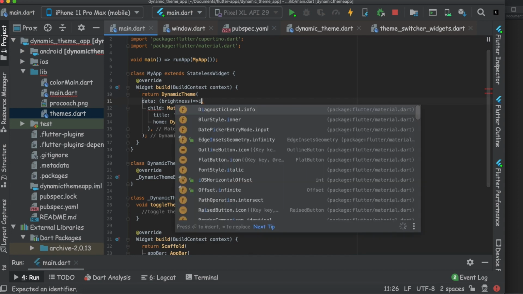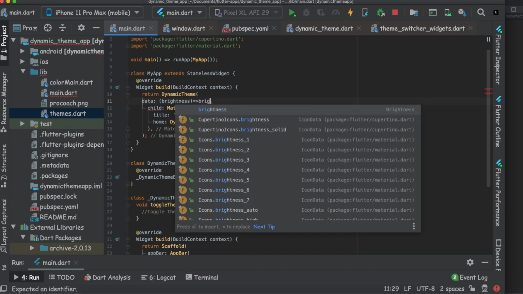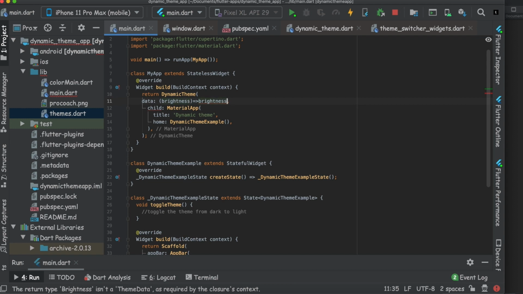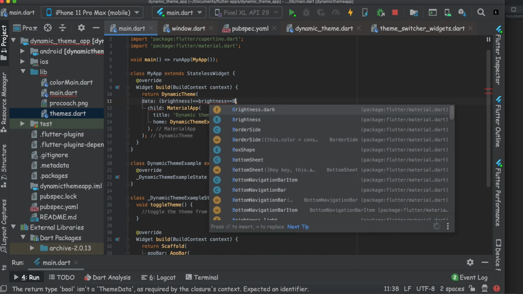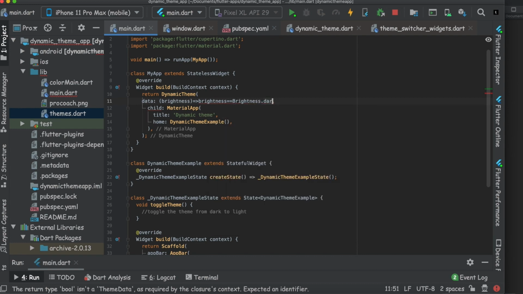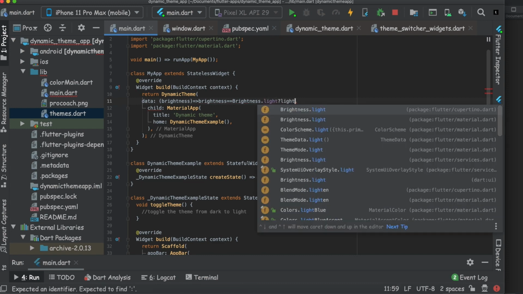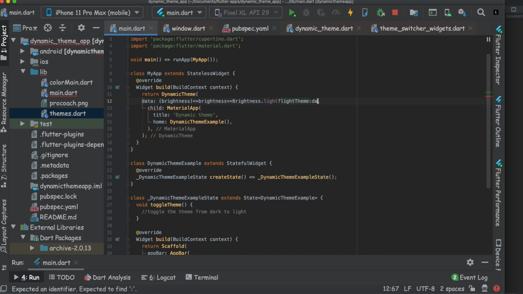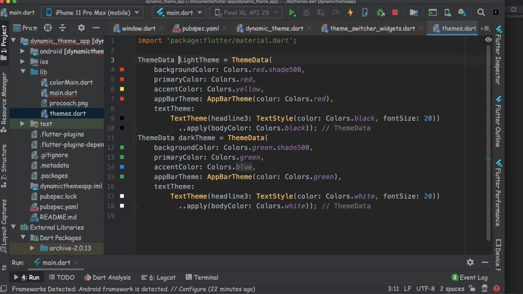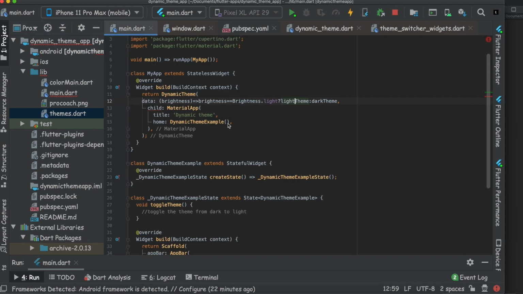I will check if my brightness is Brightness.light. If it is light, then pass the light theme, else the dark theme. The light theme and dark theme are coming from the file which I showed you earlier, themes.dark.